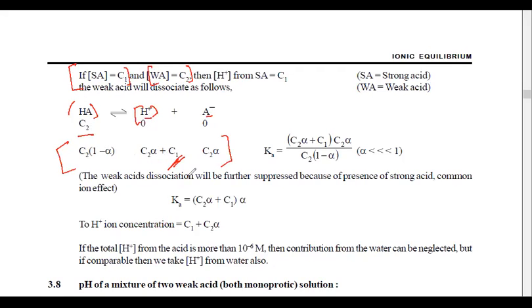Now this is what I said: calculate the concentration of H plus from the strong acid plus H plus from the weak acid. If you remember, this is what I said in the last class also. Total H plus is the concentration of H plus from the weak acid plus